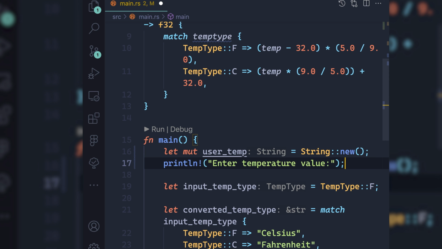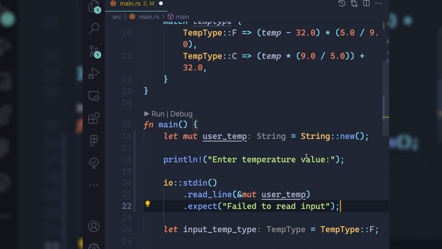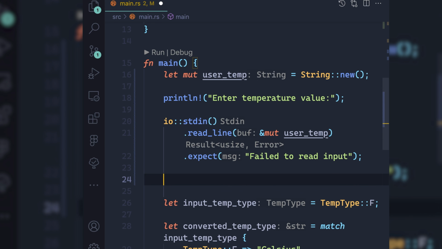The next thing I want to do is tell the user to actually print out a temperature value. Then we're going to take that and ensure that they've actually done that. What I'm going to do is grab this mutable variable. We're going to check that it actually exists. If it doesn't exist, we can throw this exception here where we're saying, hey, we expected something and we didn't get it. Assuming that there is something there though, now what I want to do is convert it from a